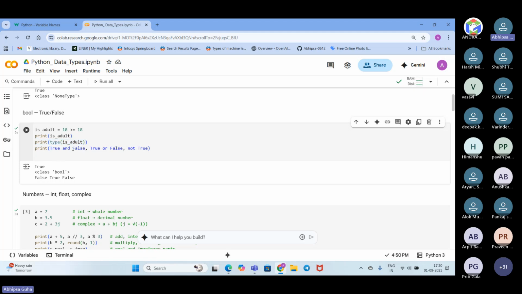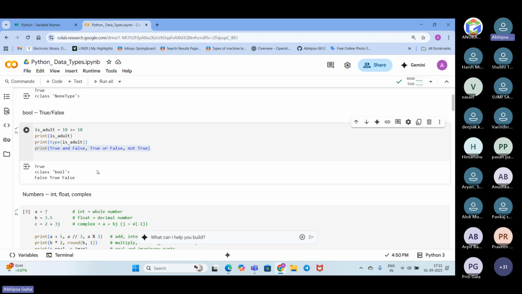We are also putting print True and False, not True. This part demonstrates Boolean logic in the output. We are getting the value True, because of course 18 is greater than or equal to 18. Here we are neglecting greater than and considering only the equal to operation, so definitely 18 is equal to 18.